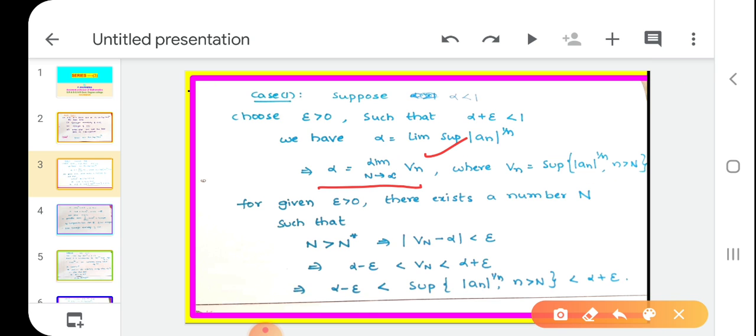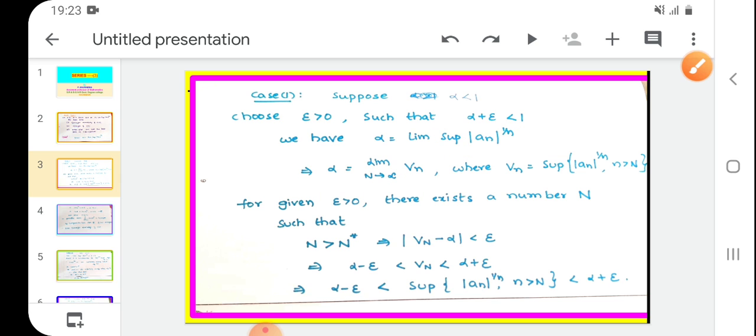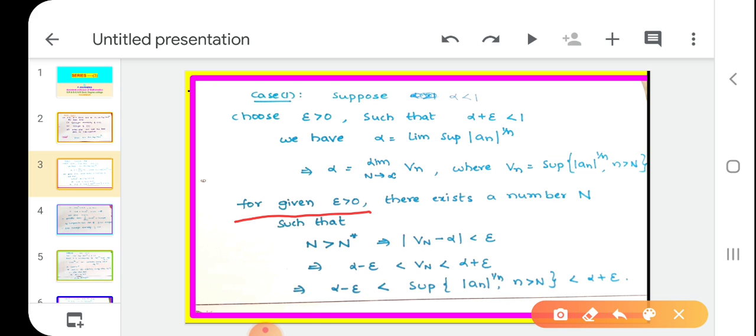I write Vn just for the supremum of an whole power n. That's it. For epsilon greater than 0, there exists a number capital N such that for n greater than capital N, that implies...